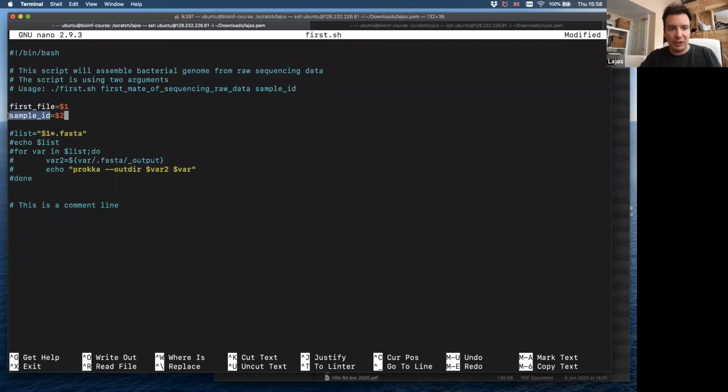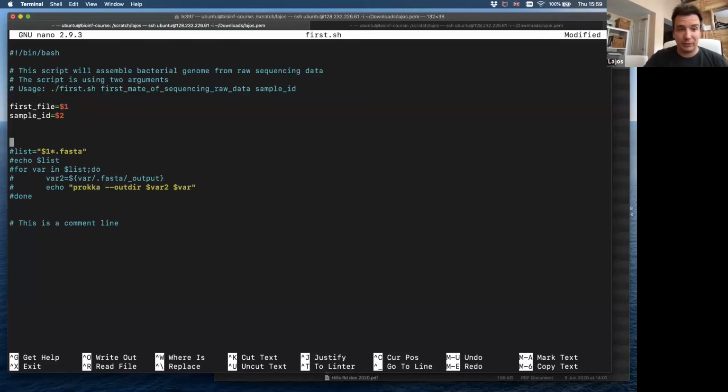The reason why I'm doing this is because it's much easier to work with variable names that have some kind of meaning. The $1 doesn't have any meaning. We know that it's the first argument in our script, but when you are in your 15th line, you don't want to use $1 anymore. You just want to use $firstfile, and we have to make our second file,